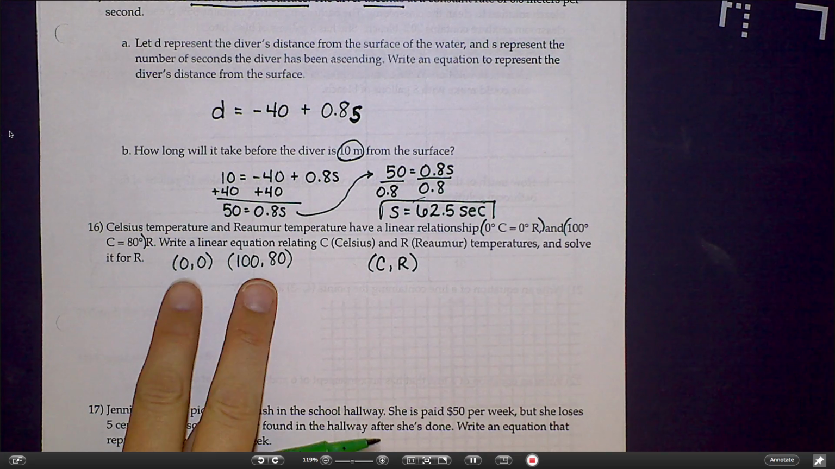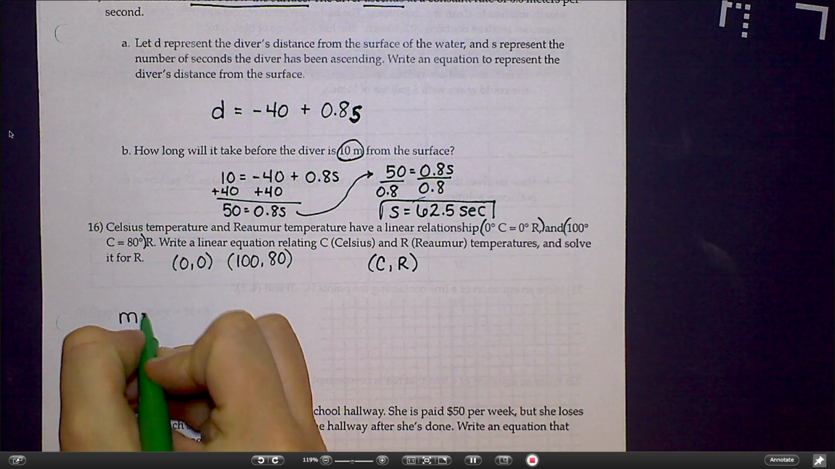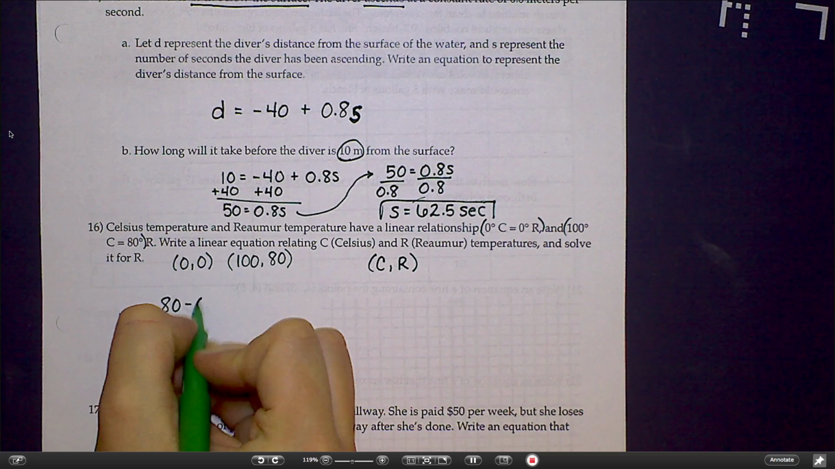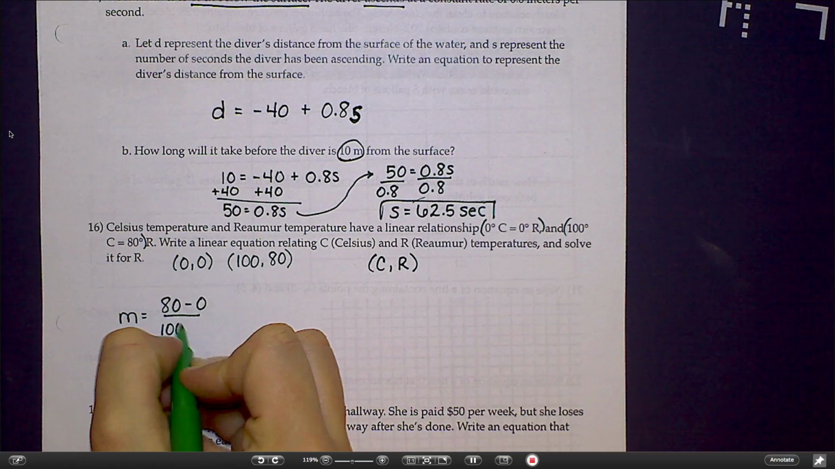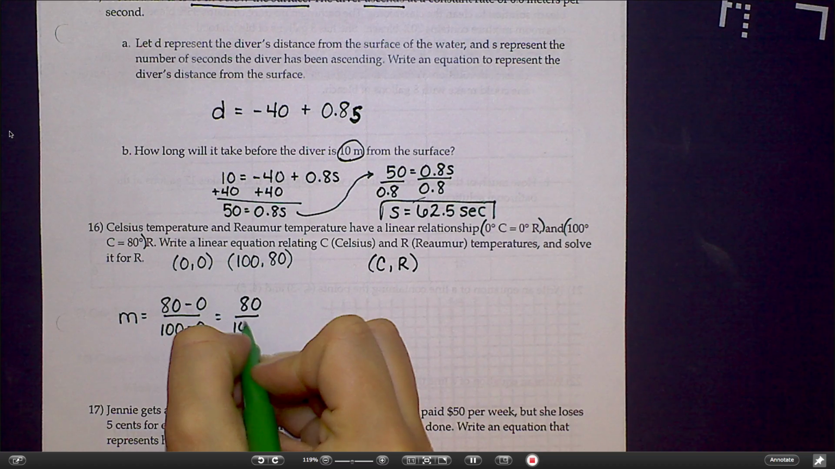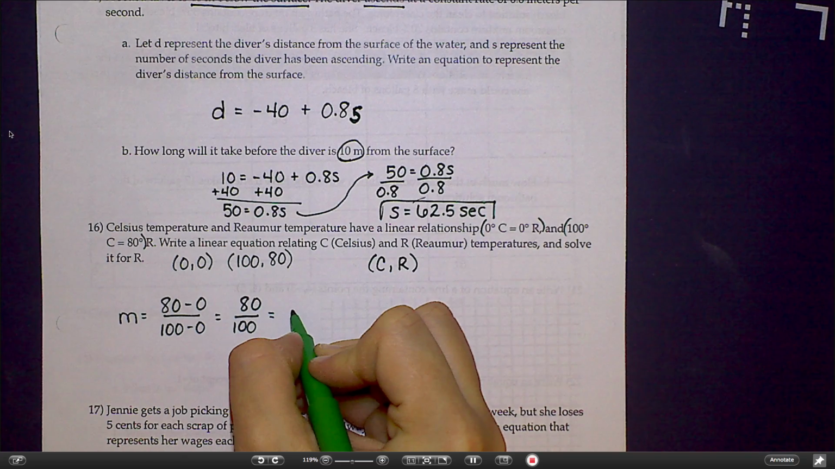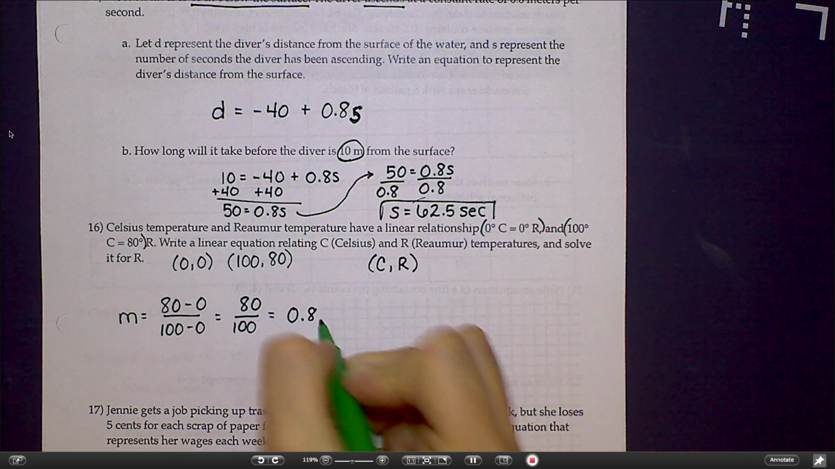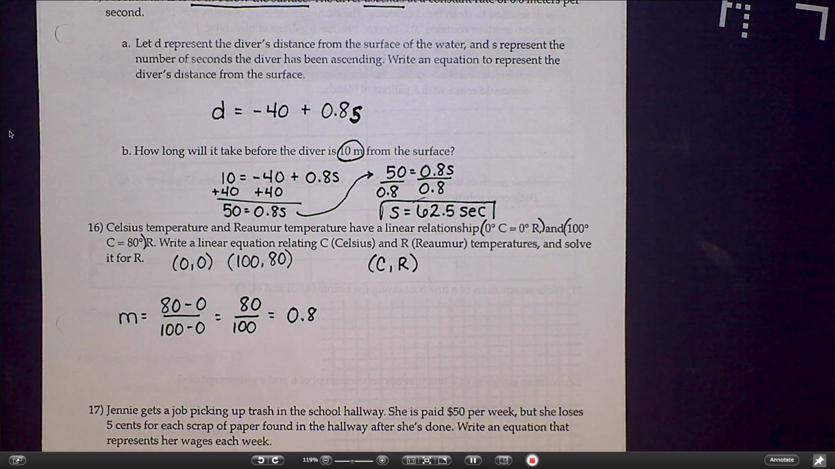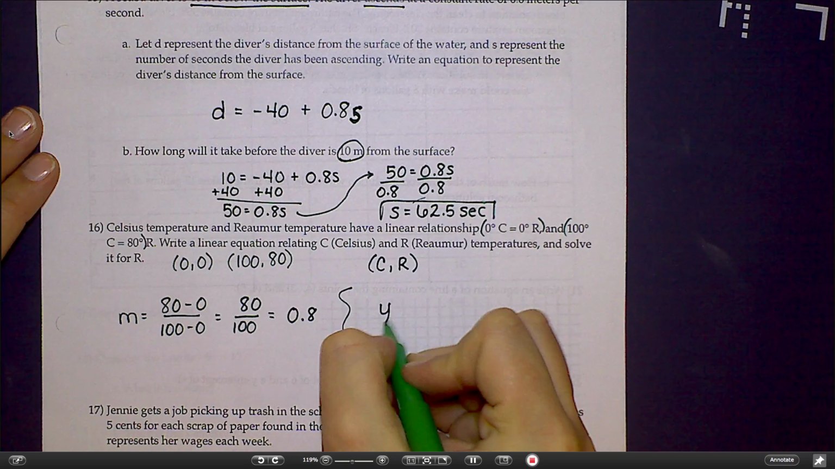Now I can find a slope between these 2 points. So I can do M equals 80 minus 0 over 100 minus 0, which really works out to 80 over 100. This situation would be one where you could do a decimal as a slope, so I would get 0.8. If you left it as a fraction and left it as either 8 over 10 or 4 over 5, that would be okay too. So now that I have my slope, I can use point slope form to write my